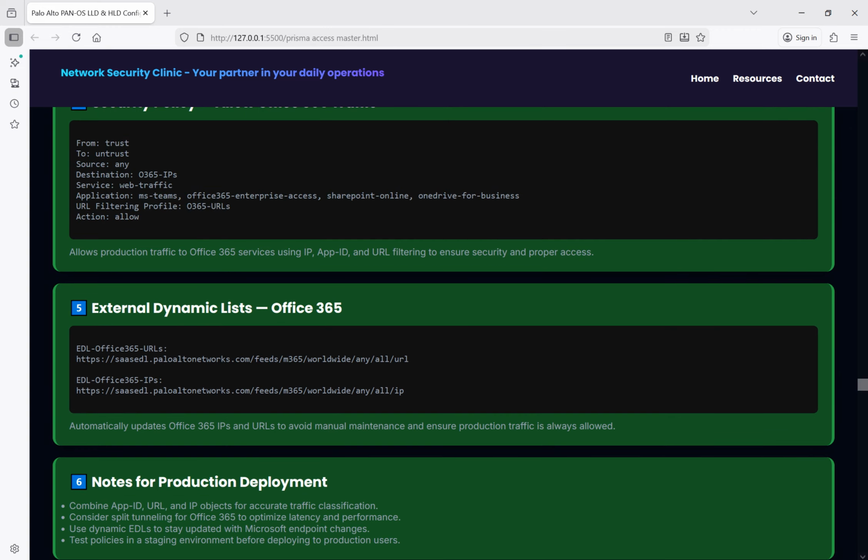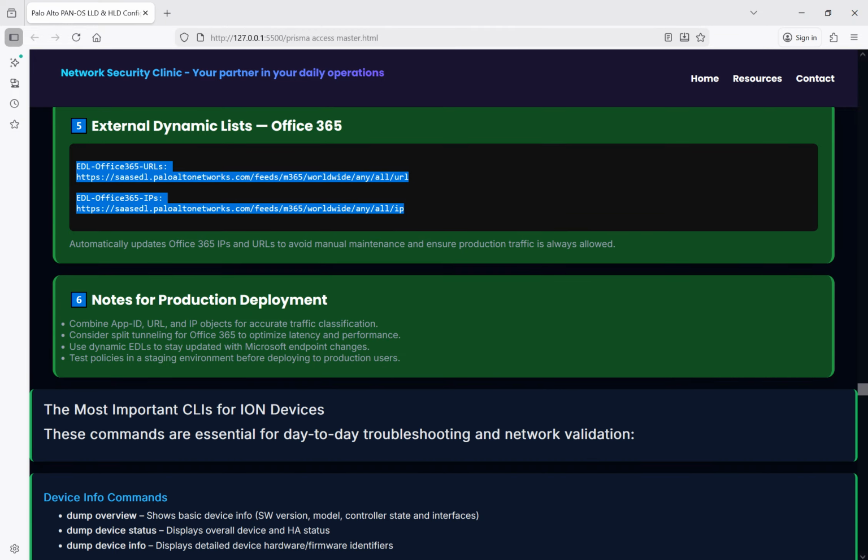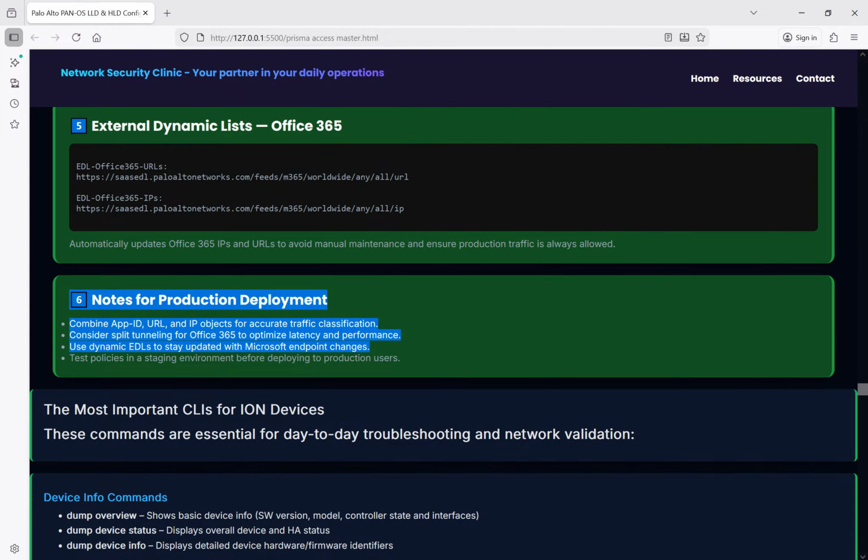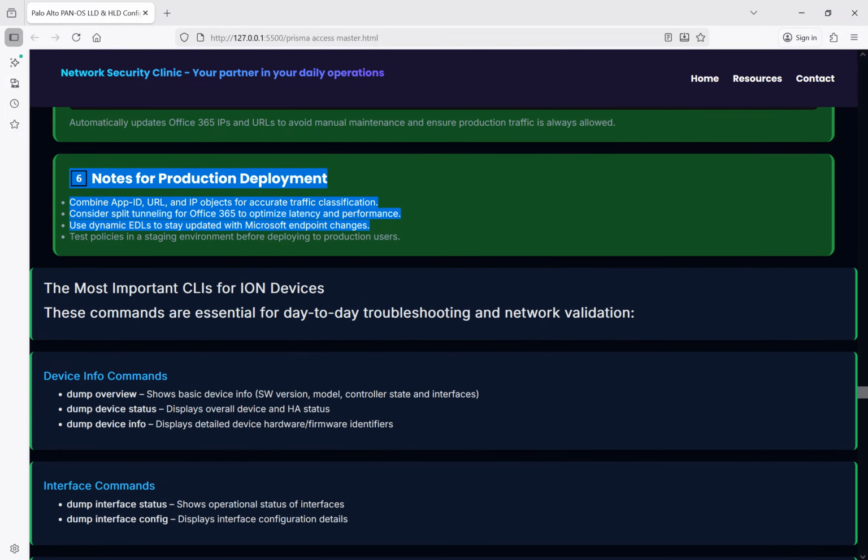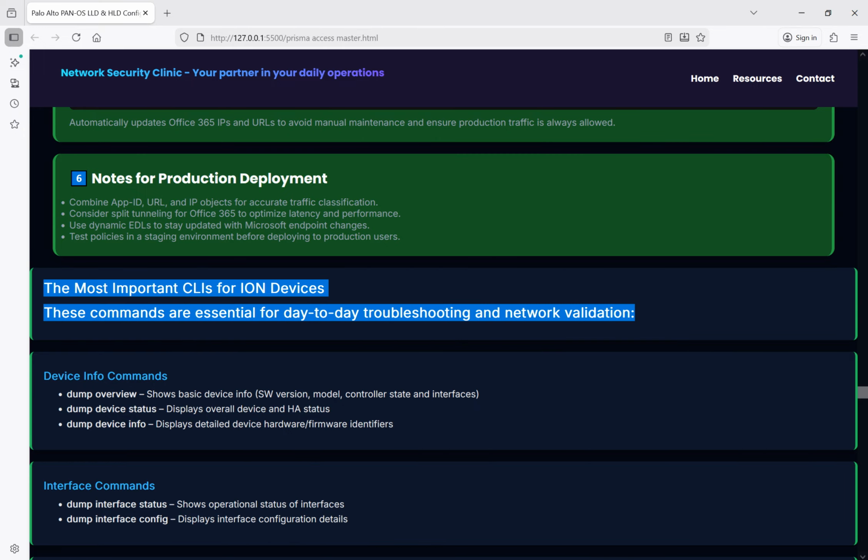Also how to use external dynamic list for Office 365, and production nodes for production deployment. Here are the most critical ION devices command lines. Very crucial, very important. These commands are essential for day-to-day troubleshooting, network validation, and your daily